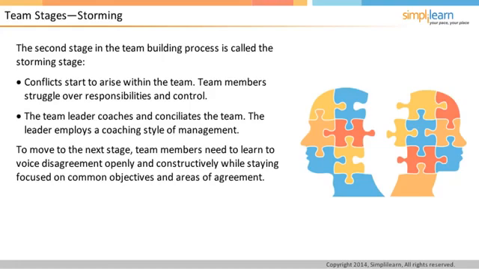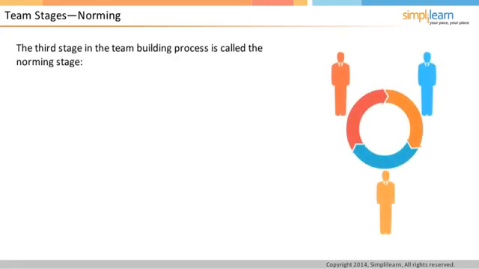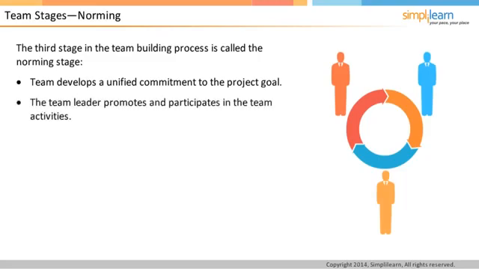norming. The third stage in the team building process is called the norming stage. In this stage, people get along, and the team develops a unified commitment toward the project goal. The team leader promotes the team and participates in the team activities. Team members look to the leader to clarify their understanding as some leadership roles begin to shift within the lower